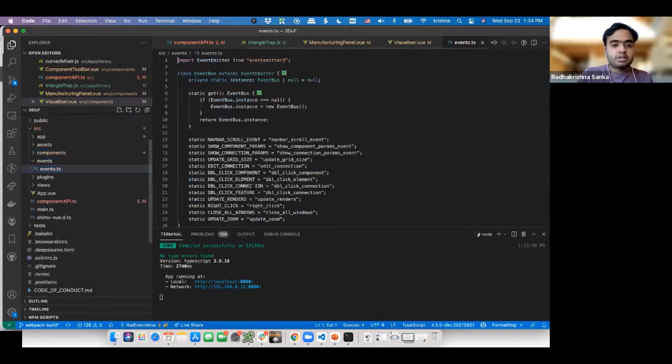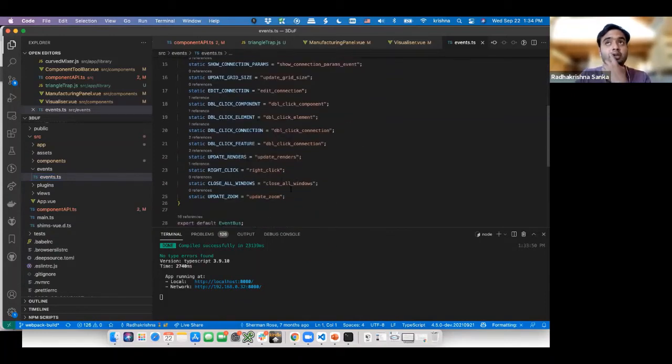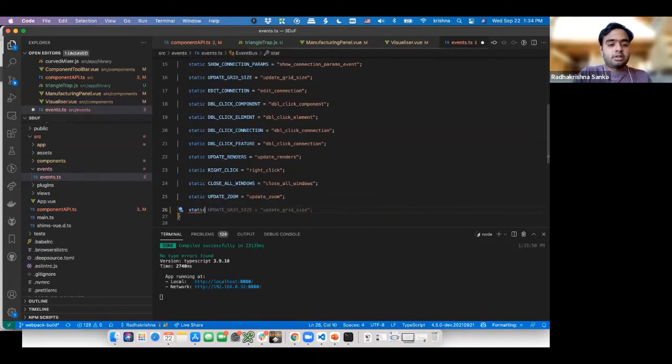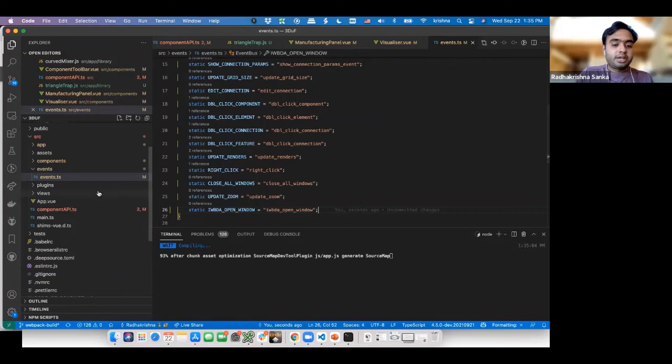For events. And so I can create new events over here. And each one of these events is something so that we can communicate between the different parts of the code base. So I'm going to create a new static thing called IWBDA open window. And what I'm going to do is I'm going to fire that event. And on firing this event, I'm going to open that. So the way I do that is